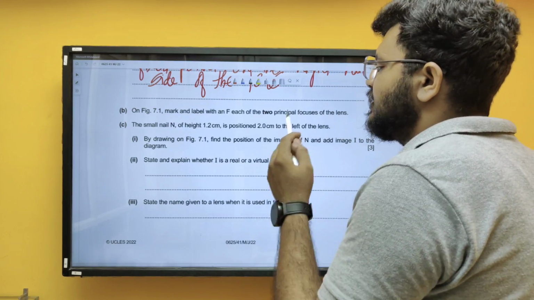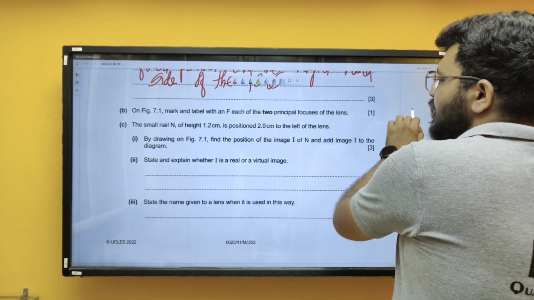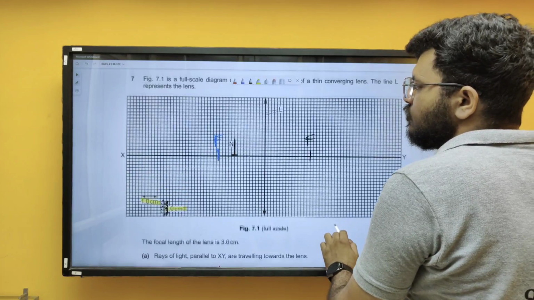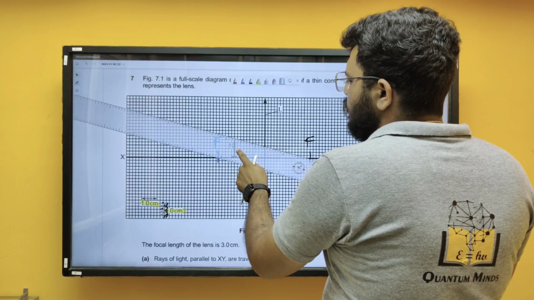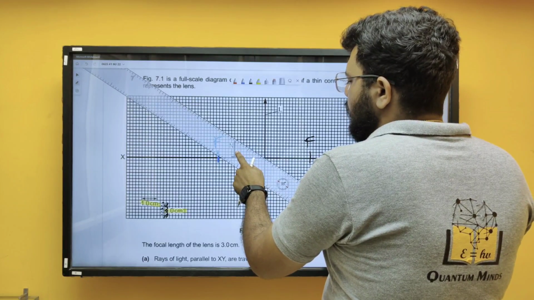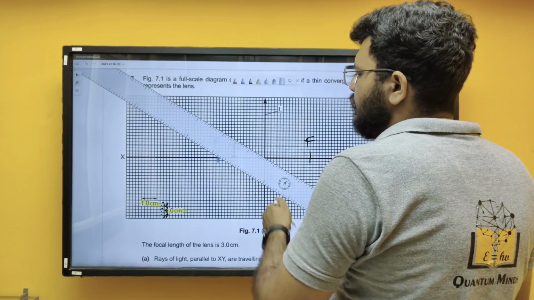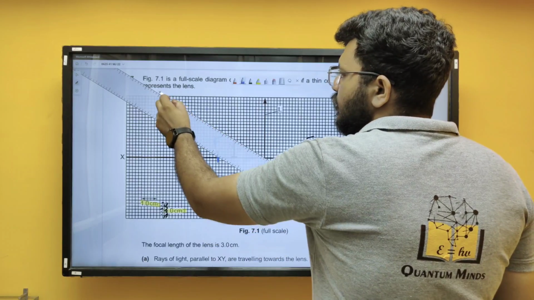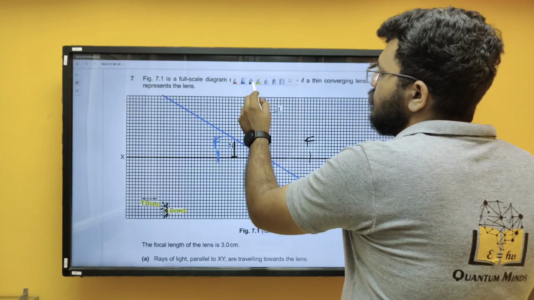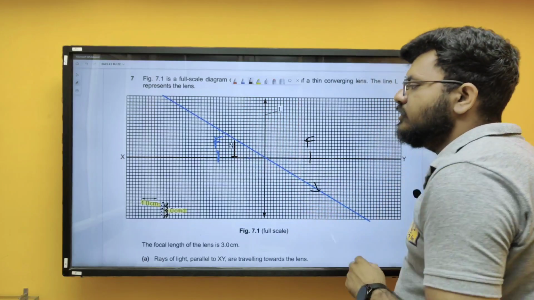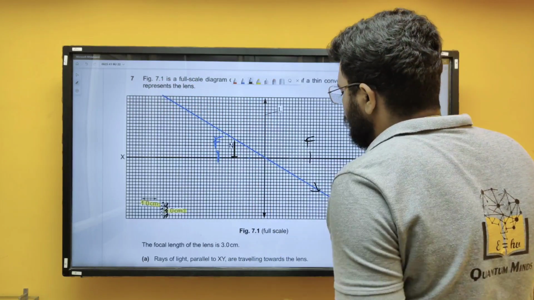By drawing on figure 7.1, find the position of the image of N and add image I to the diagram. So let's again take out our ruler. What do we need to do? First we need a ray passing from the center of the lens and the tip of the nail. I think this will do, right? So let's draw a line like this. Also let's give it an arrow. It's going in this direction. I've extended on both sides so that if we need to trace it back, we don't need to draw the